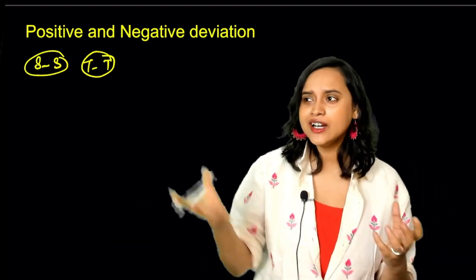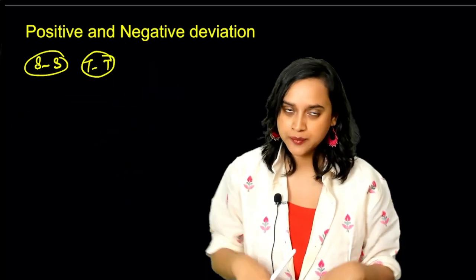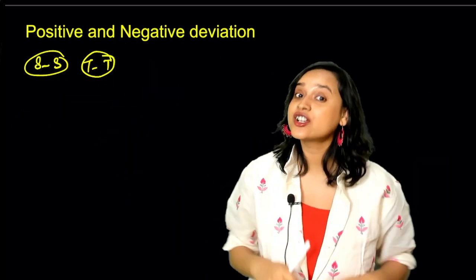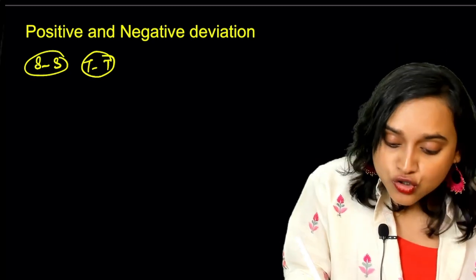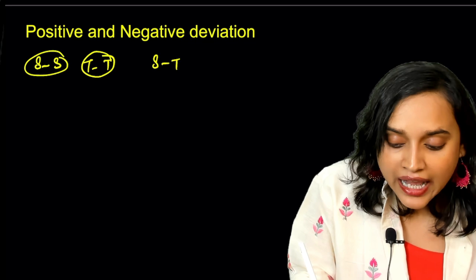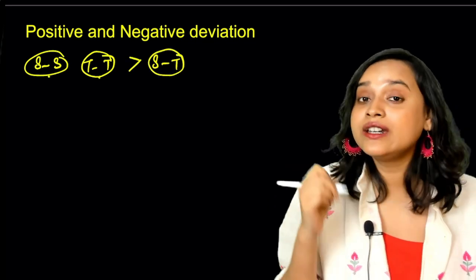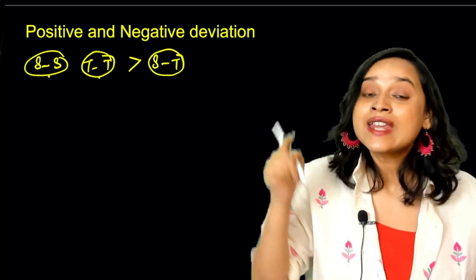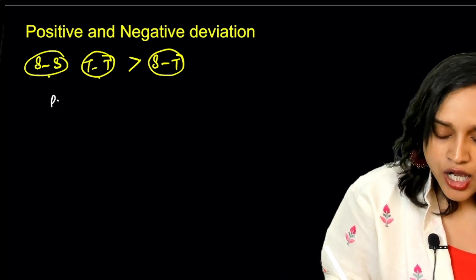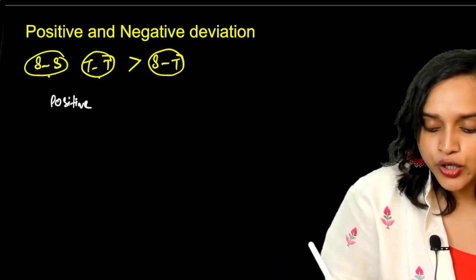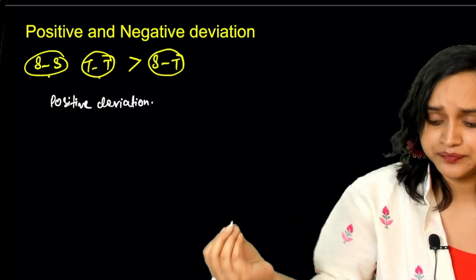So now, if you have a not Gen Z teacher and students, if you put them together, do you think their interaction will be much stronger? No, no, no, no. So the student-teacher interaction that you will have will always be lesser than the student-student interaction. Is that right? At this point, you have something that is called positive deviation. All right.